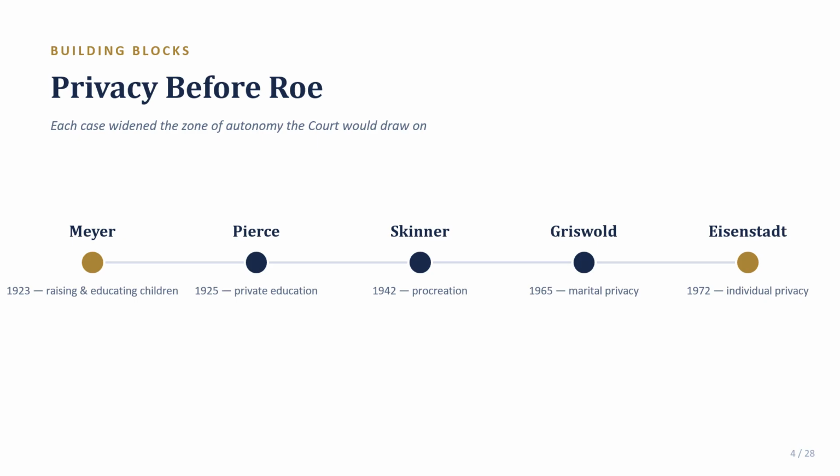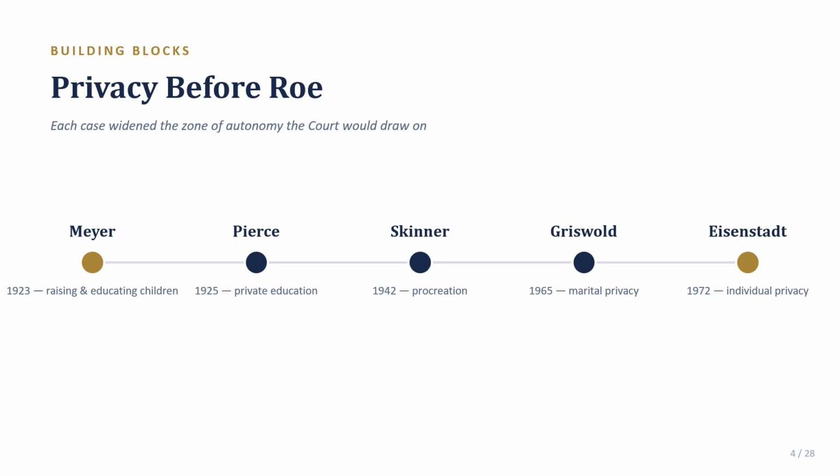Now, just some food for thought. Why might Skinner, a case about the government forcing someone not to reproduce, actually support a later case about the government preventing someone from choosing not to reproduce? What's that common thread? The reality is that both involve the government controlling an individual's reproductive decision making. The direction of the compulsion differs, but the underlying liberty interest, which is freedom from government control over reproduction, is still structurally the same.